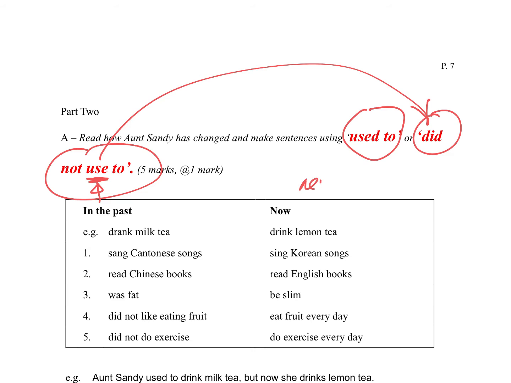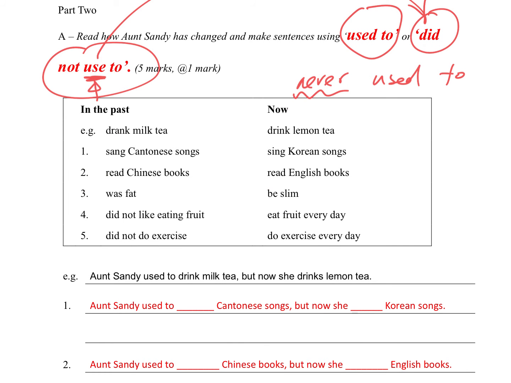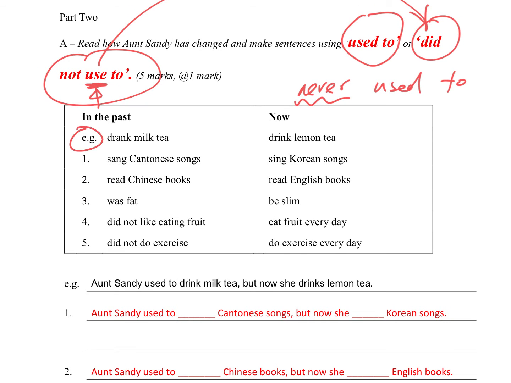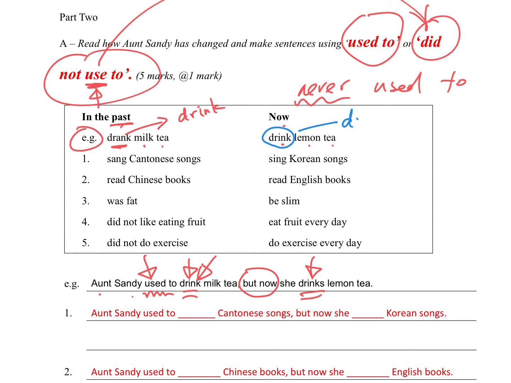然之後喺 did not use 後邊加咗個 d 又係怪嘅。然之後用 never used to 又係怪嘅。點解人哋都冇話要用 never，人哋話用 did not used to 啊嘛。好，跟住就睇翻例子。Example: drank milk tea。呢個係 past 嘅，你見到用咗 past tense。Now drink lemon tea。Example: Aunt Sandy used to drink milk tea, but now she drinks lemon tea。留意用咗 used to 後邊呢個係 bare infinitive，嗱個 drank 要轉咗做 drink。Bare infinitive drink, drank, drunk。而呢個 now 我哋要用 simple present tense，即係話 he she it 嘅話要加 s，變做 drinks。